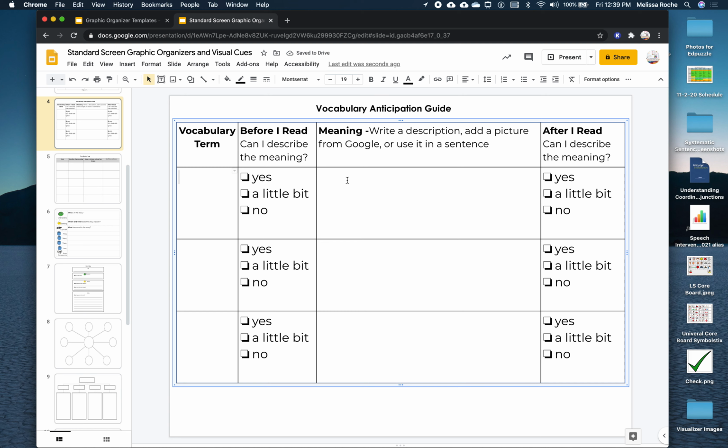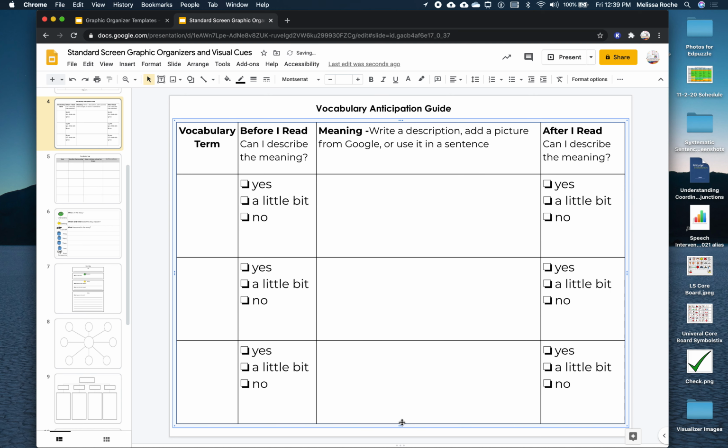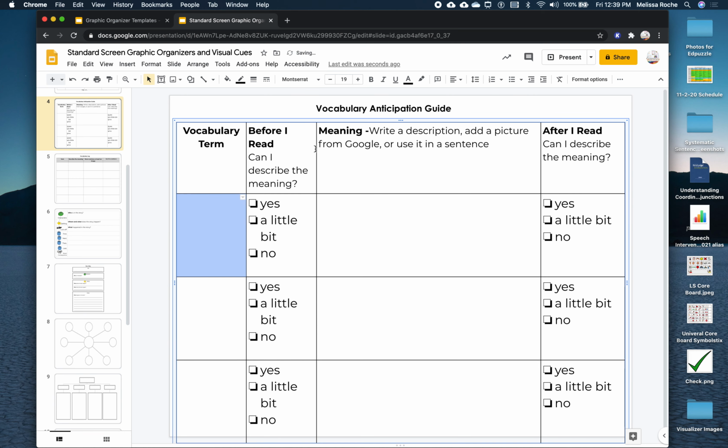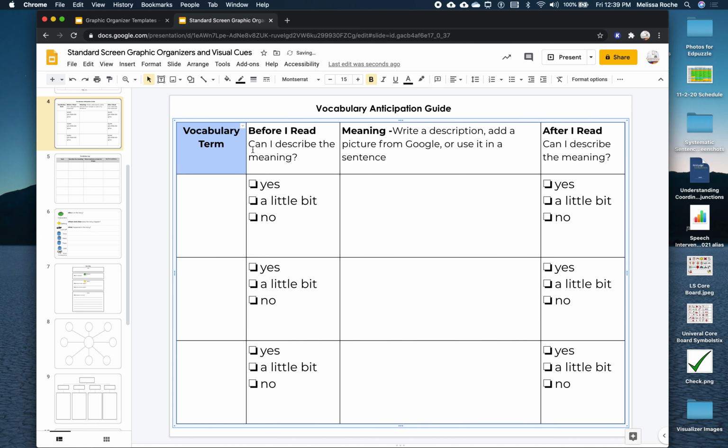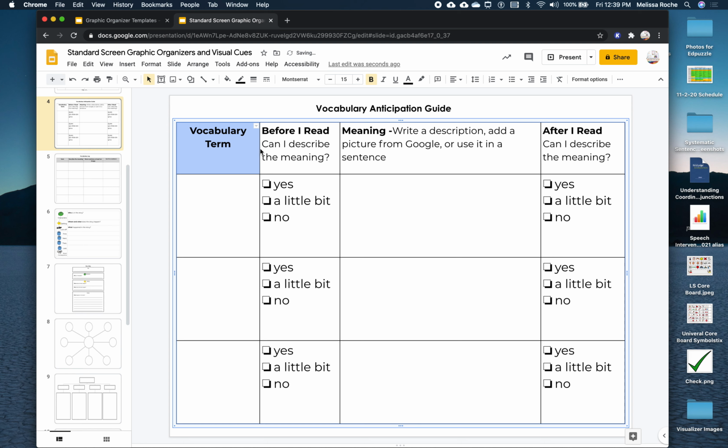Now, let's say that I have students who are going to have a little bit more difficulty with this, and I don't want them to be able to accidentally move things around. So what I'm going to do right now, first, is make the vocabulary term section a little bigger because it's a little too small. So let me just move this over a bit. Okay, so now we have